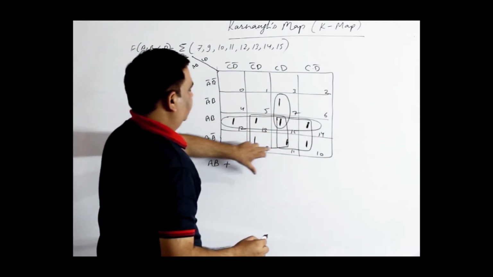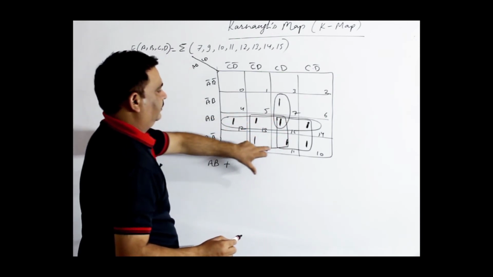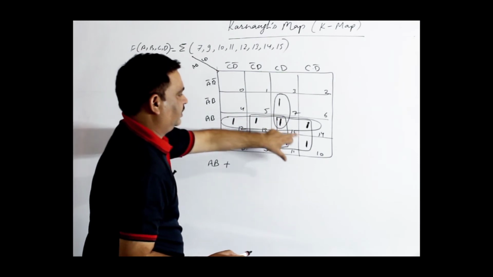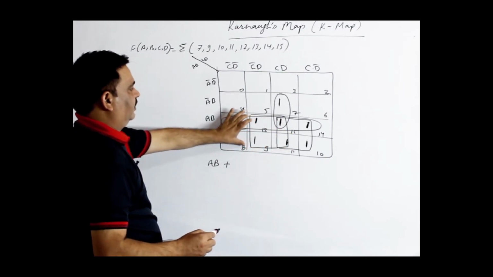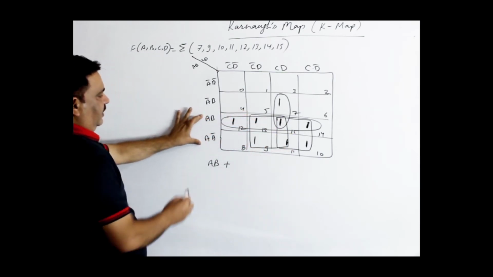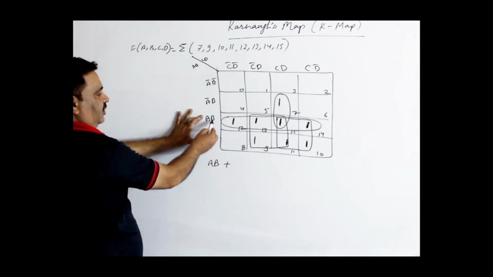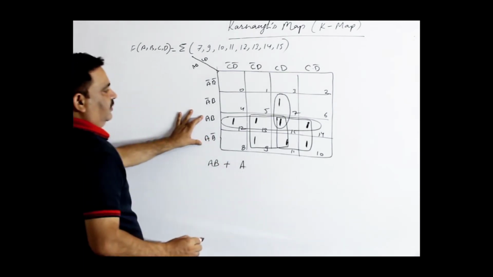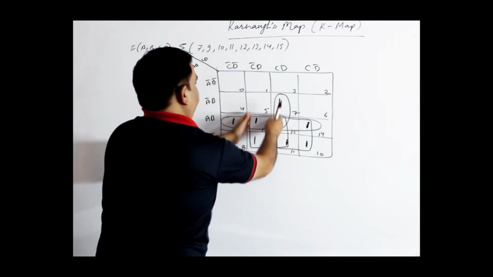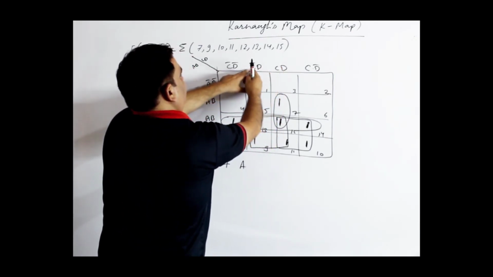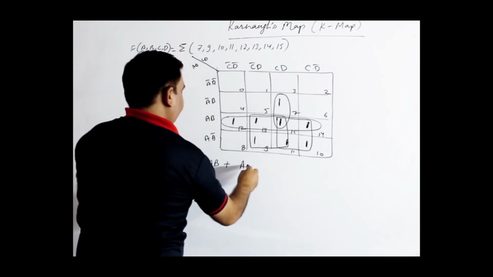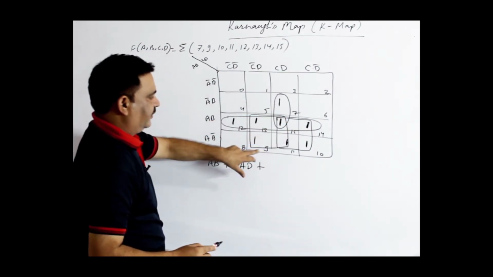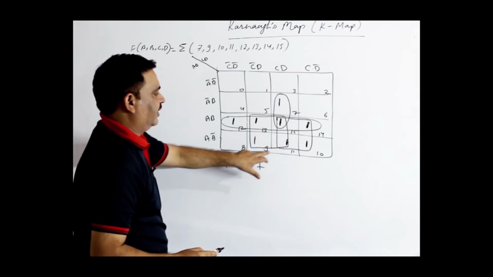For next quad, designation 13, 15, 9 and 11, left side of this quad is AB and A dot B complement. So B changes to B complement, remove this, take only A. And now same opposite of this, C complement changes to C, take only D. So AD is from this quad of designation 13, 15, 9, 11.